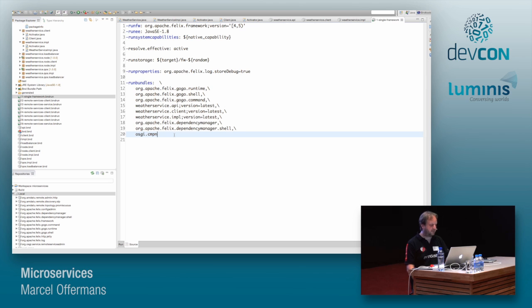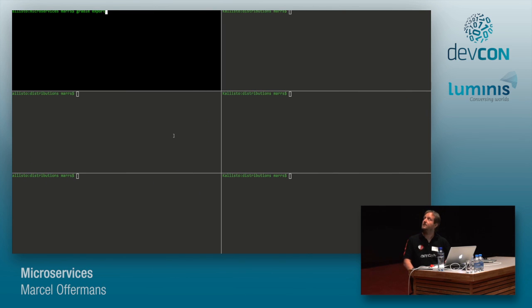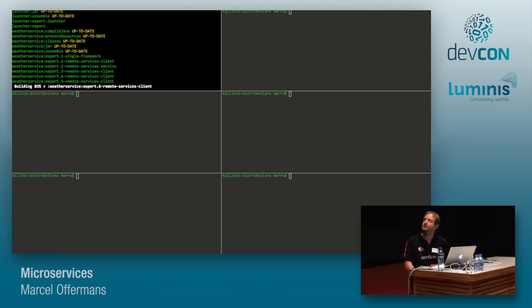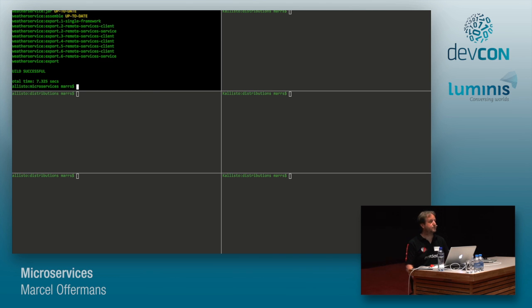So I can either run this in Eclipse and debug it, but a little bit later I'm going to run multiple instances, so I'm going to switch to a shell and run everything there. And hopefully that's readable as well. It's a little bit high. First, I need to run the Gradle build and actually generate the executables that I had defined in the BND run files. And as you can see, most of the stuff was already up to date because I prepared the demo, so it's not really recompiling everything.